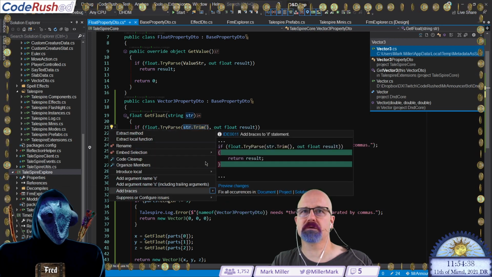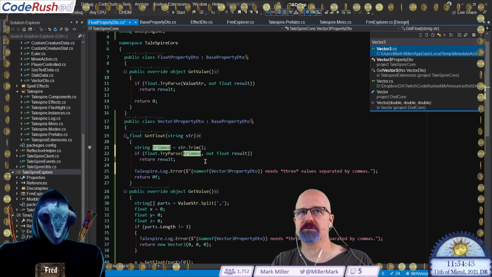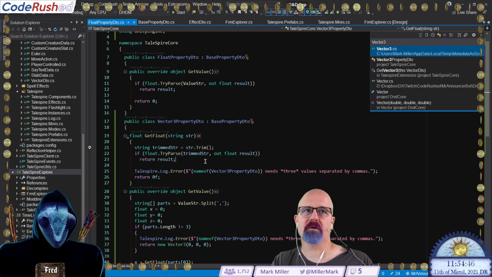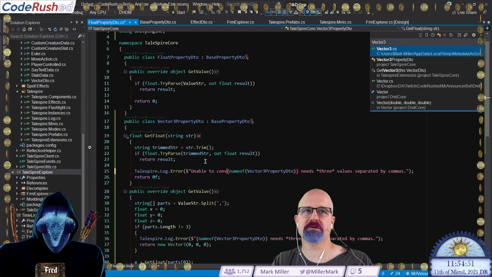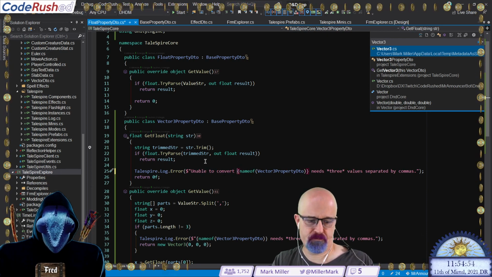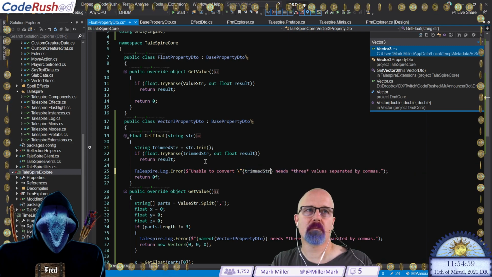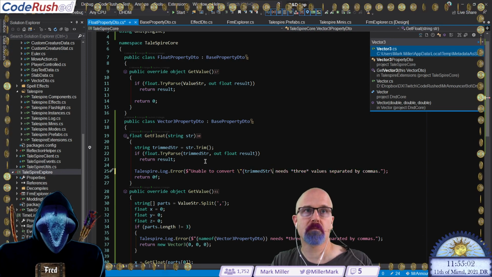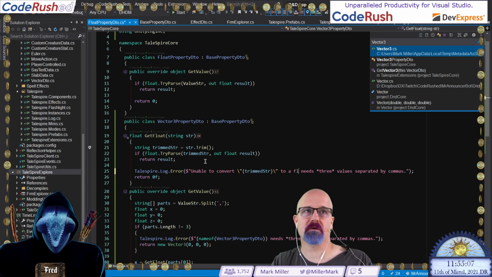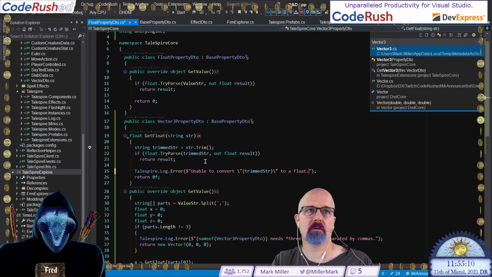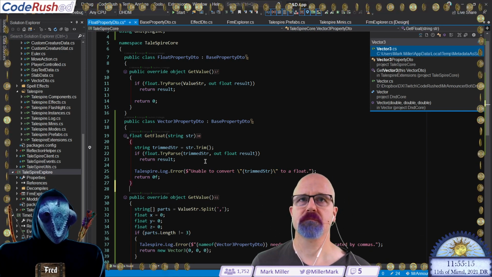So I'm going to do some local for this. Trim str like this. Okay. We're going to say unable to convert to a float. All right. Looks like it's our error.